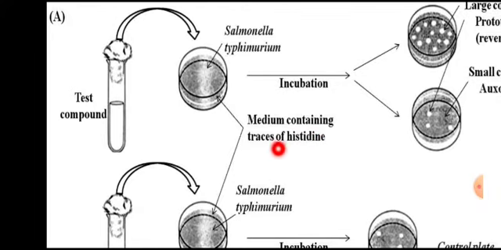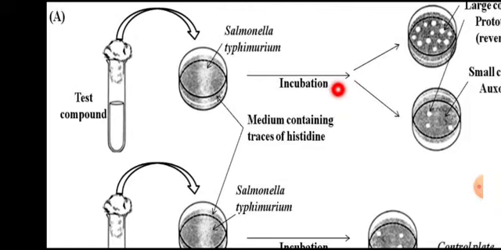Unless and until there is growth, we cannot test the effect of this test compound on Salmonella typhimurium. So this medium must contain traces of histidine to support the growth. Then these plates are incubated,